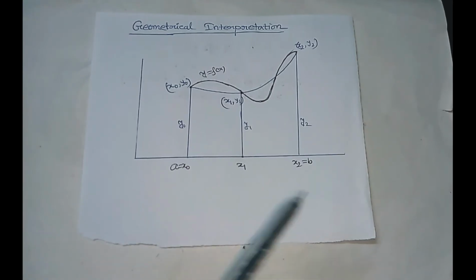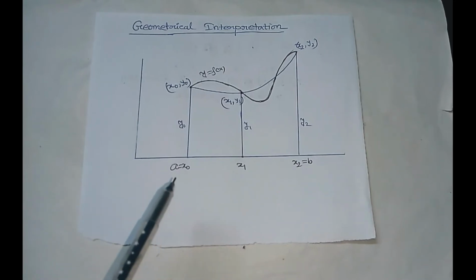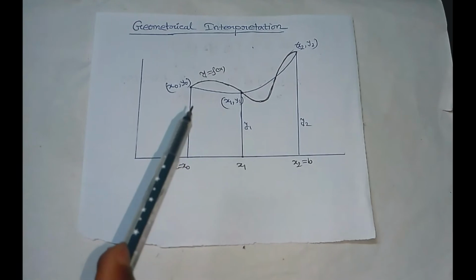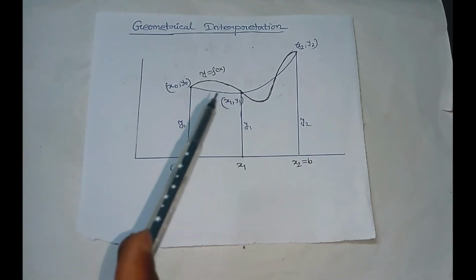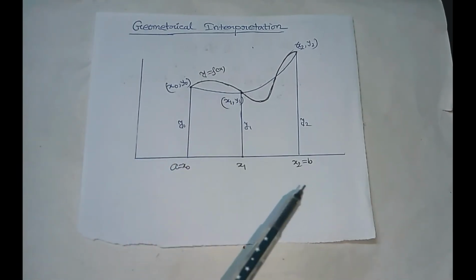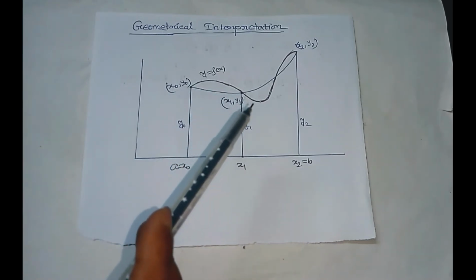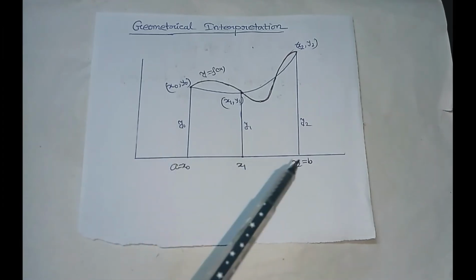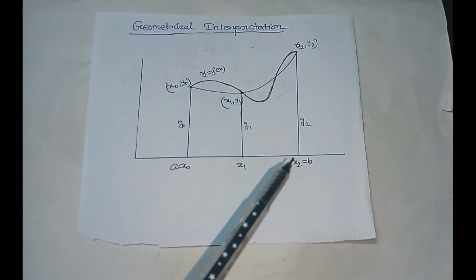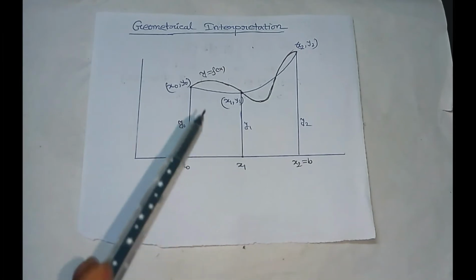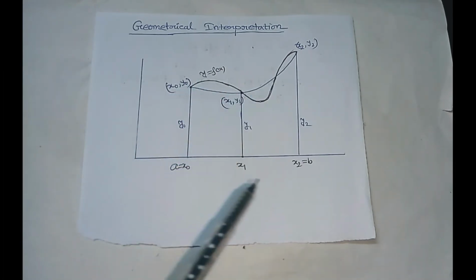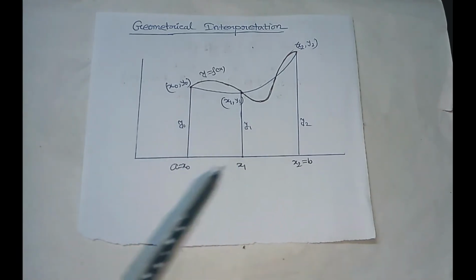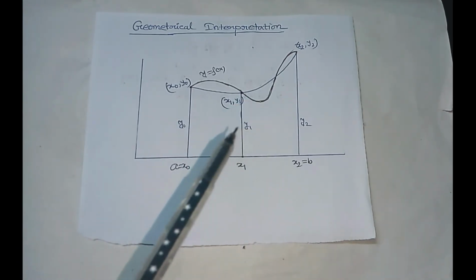Suppose this is the x-axis and this is the y-axis. Let this be the point A and this be the point B. We first draw the graph y equal to f(x), the integrand, between these 2 points A and B. Suppose this is the graph y equal to f(x). Now to integrate this between A and B, we have to calculate the area between this curve and the x-axis, and between x0 and x2, that is from A to B. So we have to compute this area.